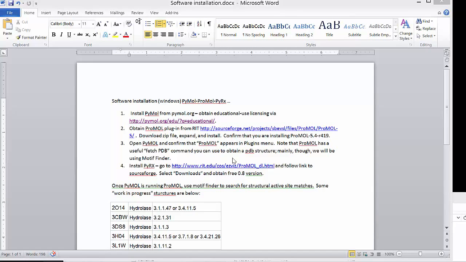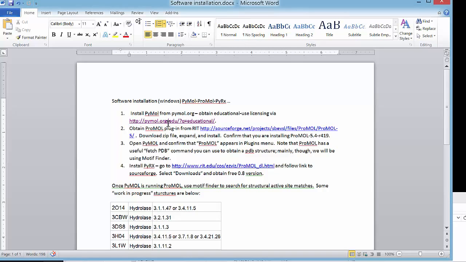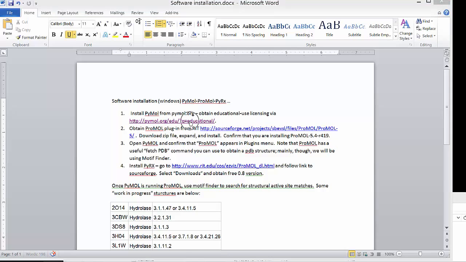This is going to be a quick run through of the installation of PyMOL and ProMOL and PyRx. Here's a little document I put together, but if you follow, first of all, for PyMOL,